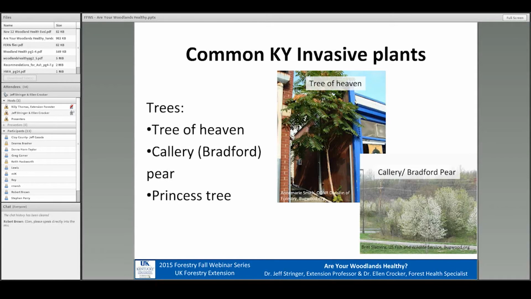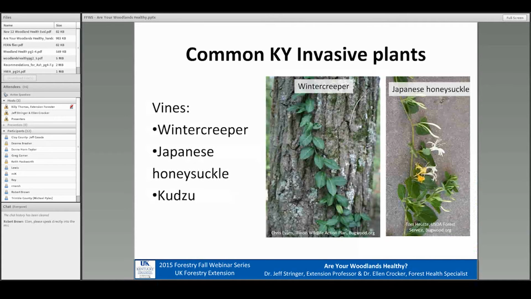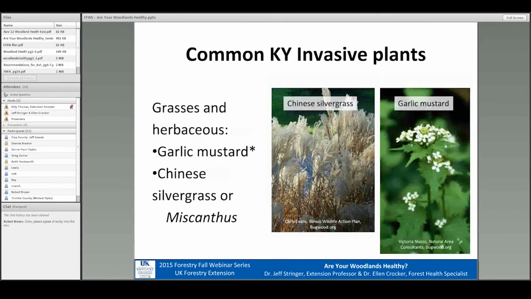So you've also got some invasive trees. Jeff already mentioned a few of these. Tree of Heaven, and Callery Pear, Princess Tree or Paulownia. Several invasive vines. Here pictured, you've got winter creeper and Japanese honeysuckle. There's also kudzu. And then some invasive grasses and herbaceous species. Chinese silvergrass or miscanthus, garlic mustard, and I've got a little star next to garlic mustard here because so far